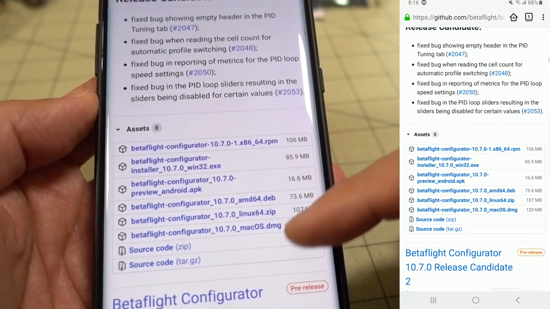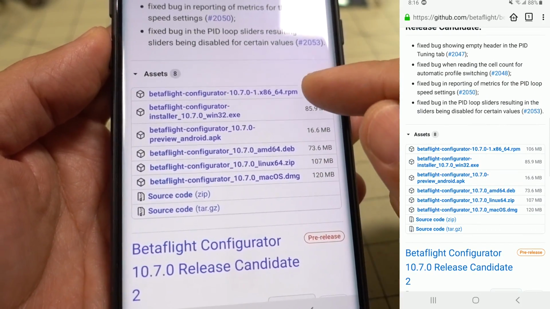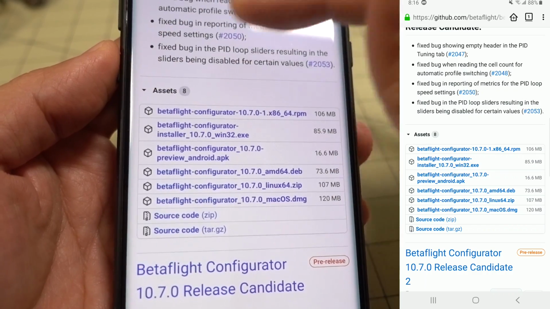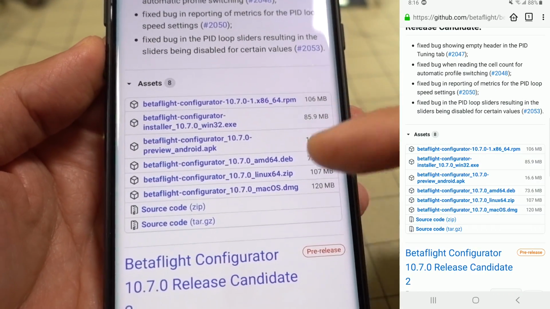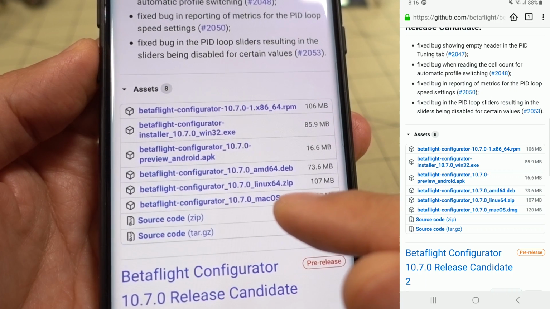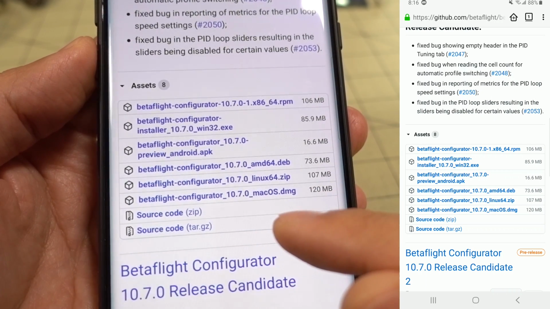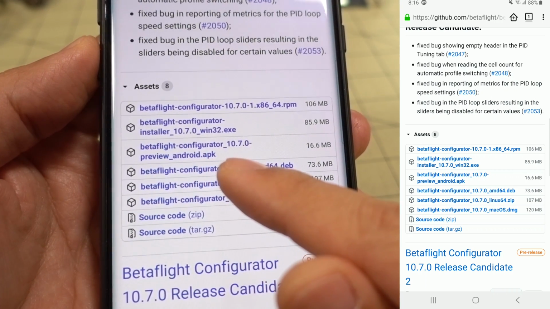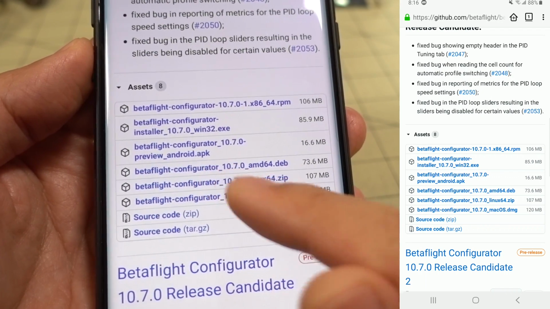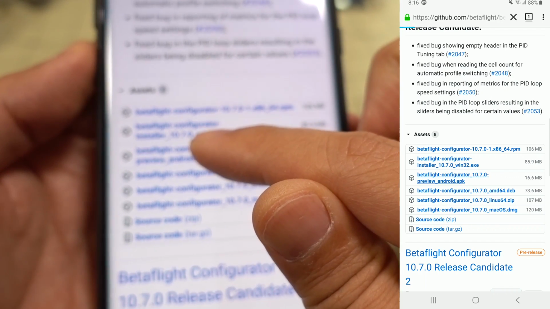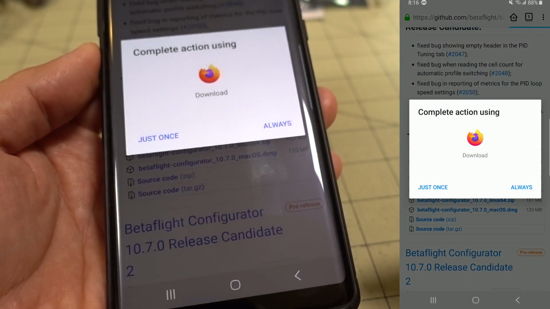Here it is. And under here, it might be hidden, so you have to click on it. So it might be like this. So you have to click on it, and then you're going to want to download Betaflight Configurator 10.7.0 Preview Android APK. So just click on that, and then download that to your